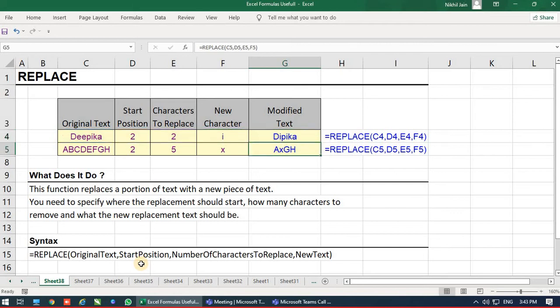So you can change it. Now you people have a question that, sir, why are we using this formula when we can change it over here only, na? Yes, you can do that, only if this particular cell is editable. If this particular cell is password protected, we can't change. Or we have an image over here, something like that. So replace function will not work for the image. Replace function works only on text or numbers.